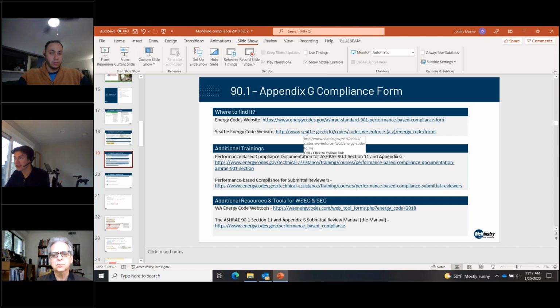The Seattle Energy Code website is just going to link back to the energycodes.gov website. And also just Googling Appendix G compliance form, it should pop up first, I think. But on this Energy Codes website, once you get into that, it's not really that obvious where the Seattle one is hiding, right?